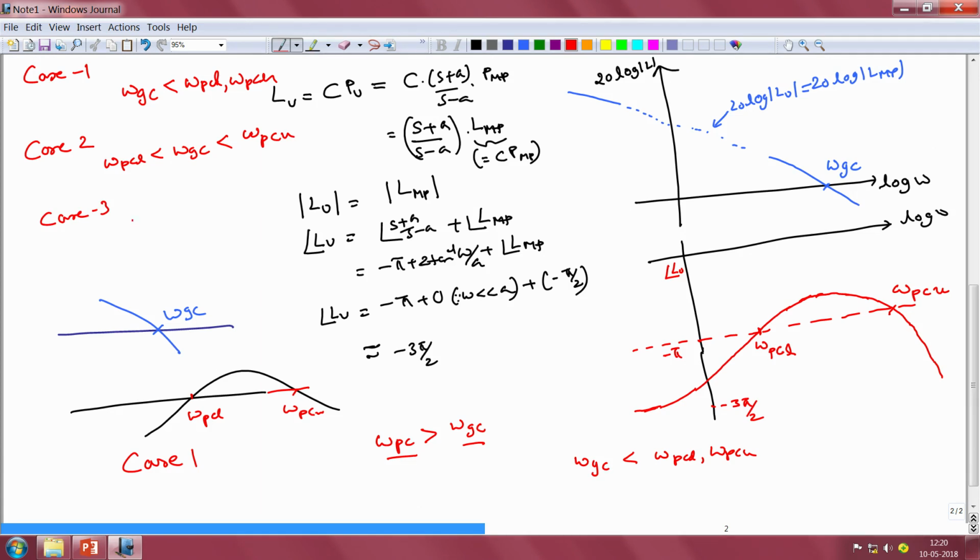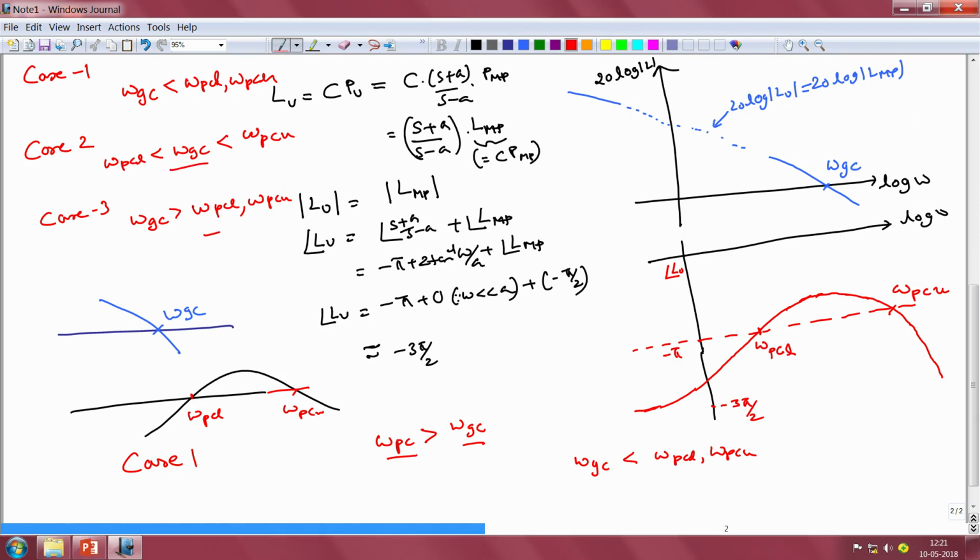In other words, when omega Gc is greater than omega Pc lower and omega Pc upper. The question is, in which of these three cases will we have a stable closed loop system on our hands? Is it going to be the first case, which is what we think it is now based on our naive extension of what we observed in case of minimum phase loop gains, or is it for the second case, or is it for the third case?